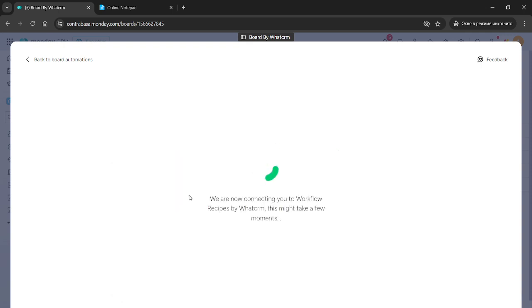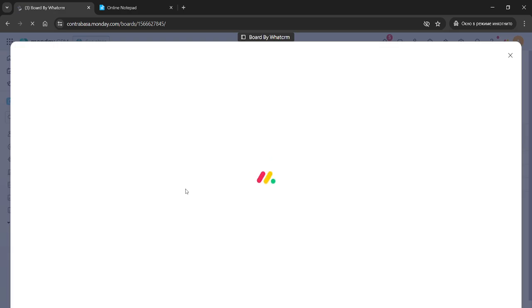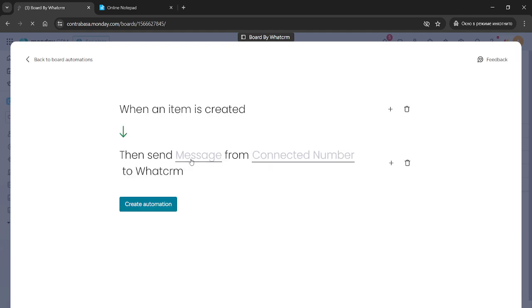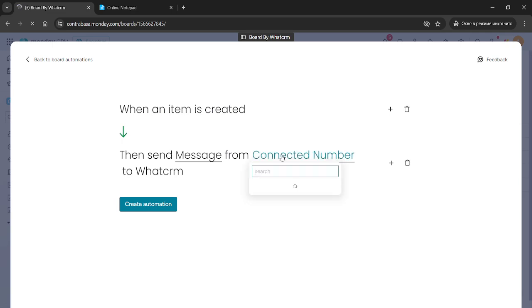Okay, let's look what we have here. It's loading. Okay, here click on message, then you need to write the message, or you can just copy paste here. Mind that masks here unfortunately are not working right at the moment, but we are working on it. Press done. Here you need to choose the connected number,